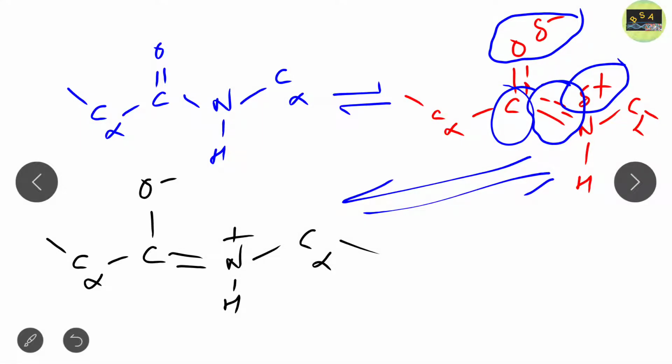Okay, due to this partial double bond character of the peptide bond, the rotation of this bond is restricted. As you know, if A is double bonded to A, the rotation does not occur as efficiently as when A is single bonded to A. There the rotation is easy, but in the case of a double bond the rotation is not permitted. So this is the reason the rotation of this bond is restricted.